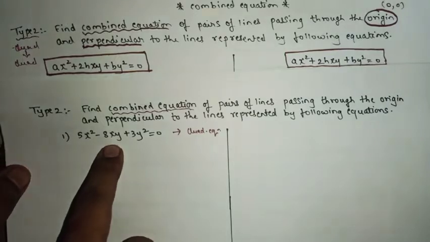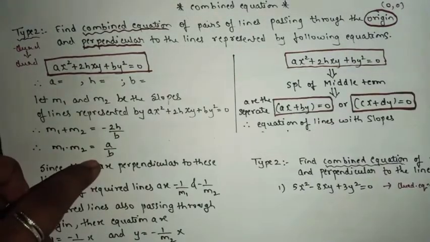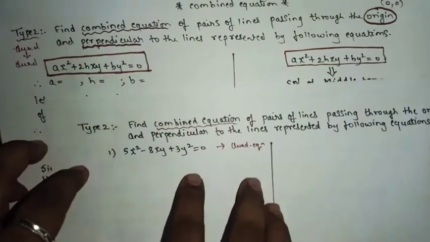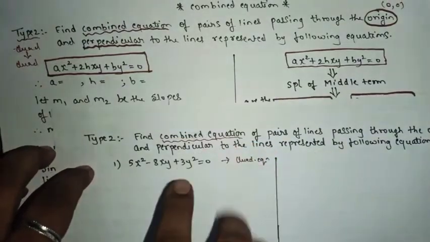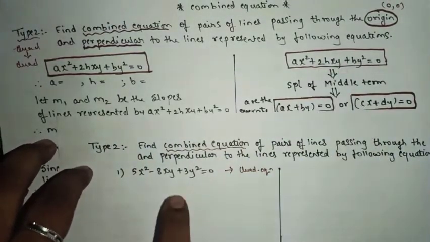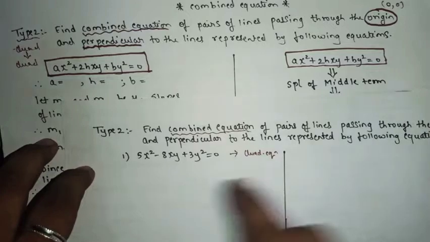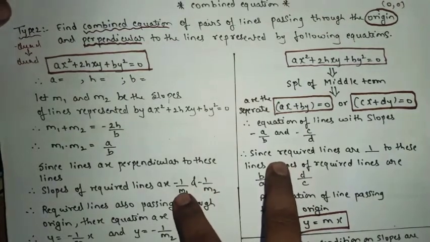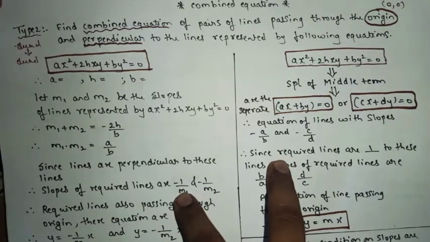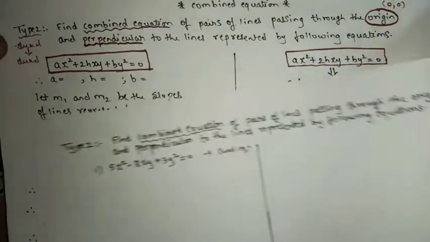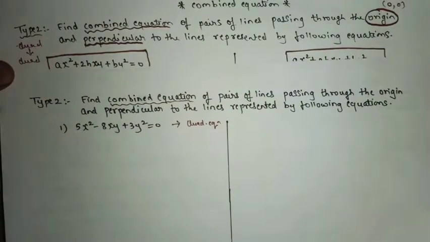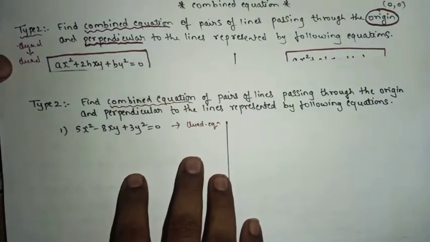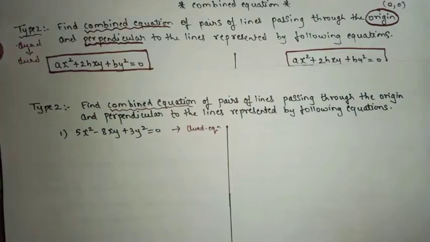We'll try this sum by using method number 1. Then we'll take the same example and apply method number 2, and we'll see whether we are getting the same answer in both cases or not. I will explain this sum in both ways, both methods.